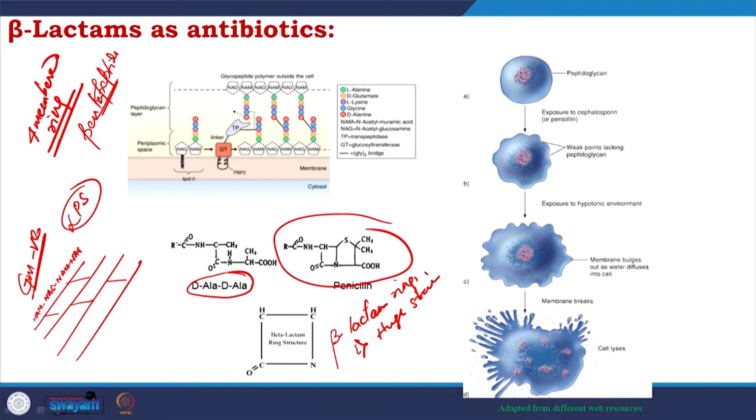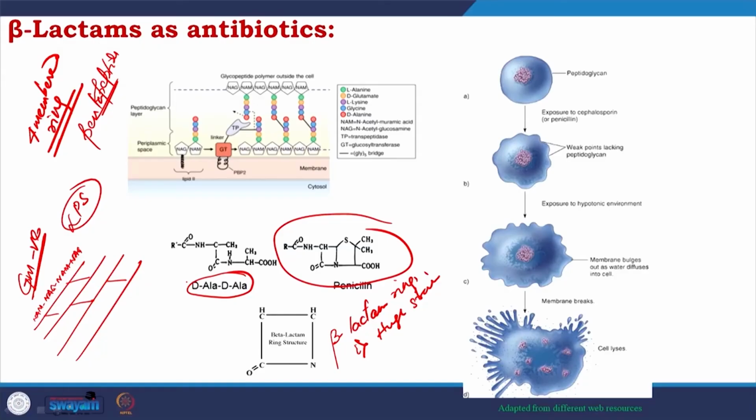Okay. Now, the enzyme which takes part in the cross linking is called transpeptidase. Because the cross linking involved this DLA, in the active site of the enzyme transpeptidase, they have to bind